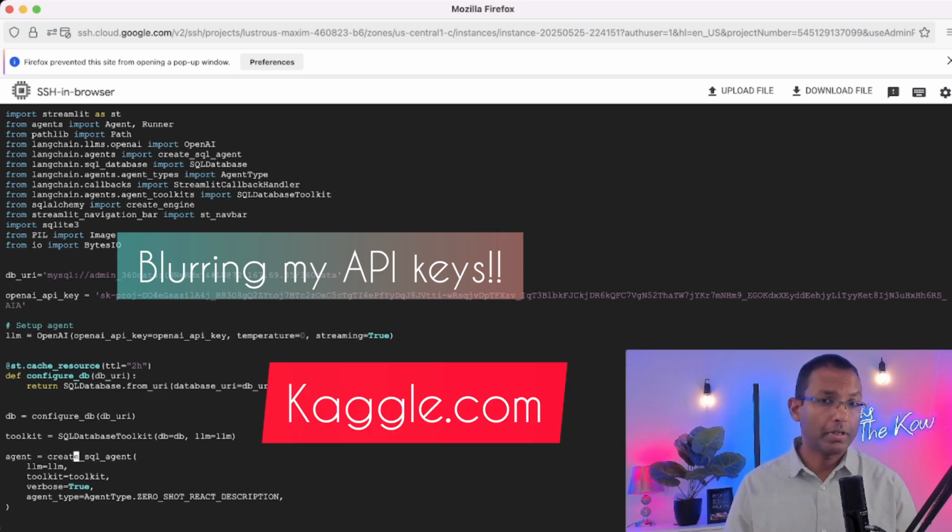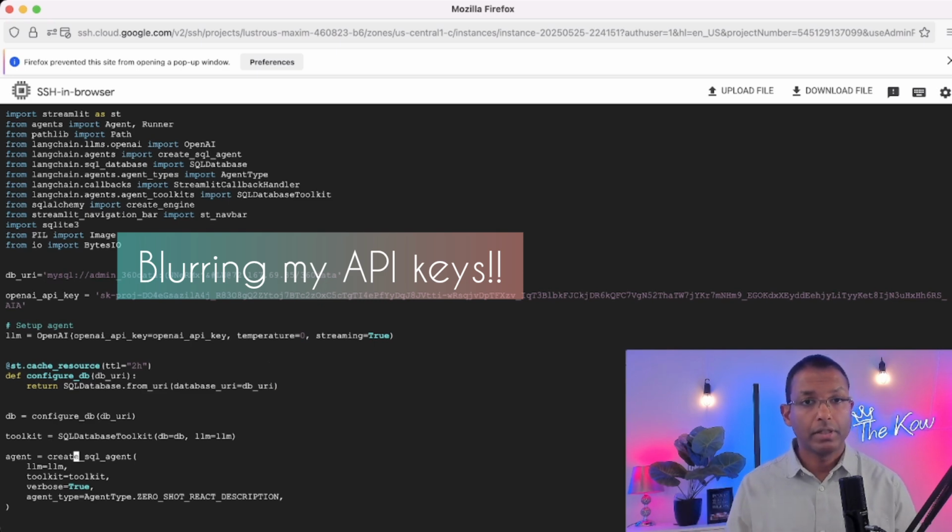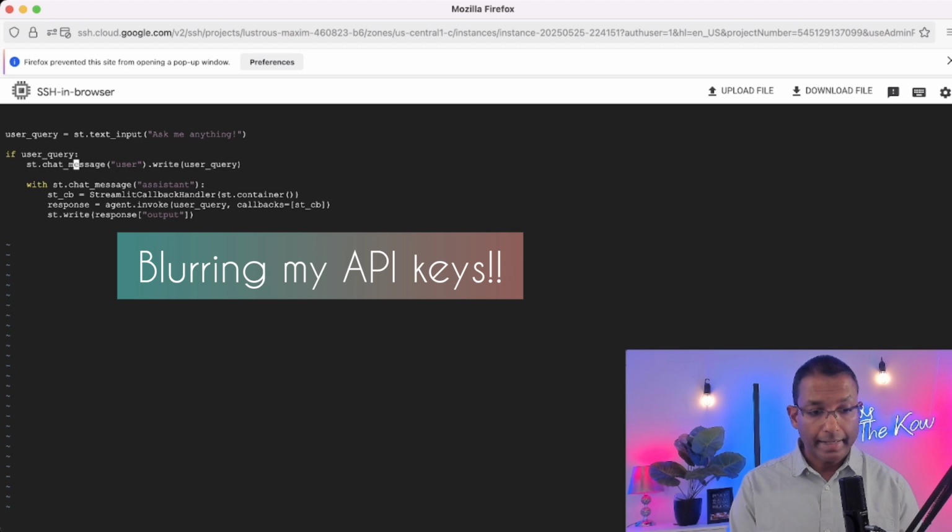Kaggle is a very popular website which has got loads of machine learning data sets for learning purpose, for hackathon purpose. Go and have a look at it. I've downloaded a test bank transaction database and uploaded it in my local SQL database, and I've given the SQL connection string here. I'm defining the LLM object provider here using the OpenAI commands,